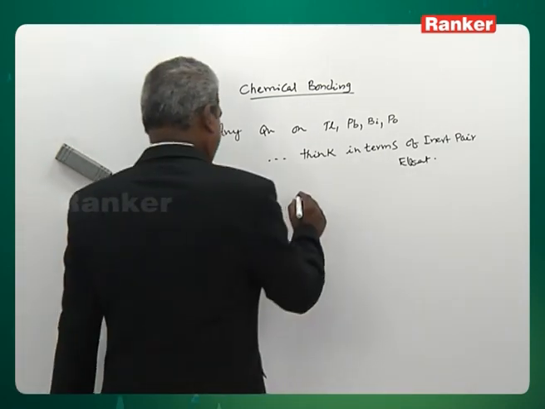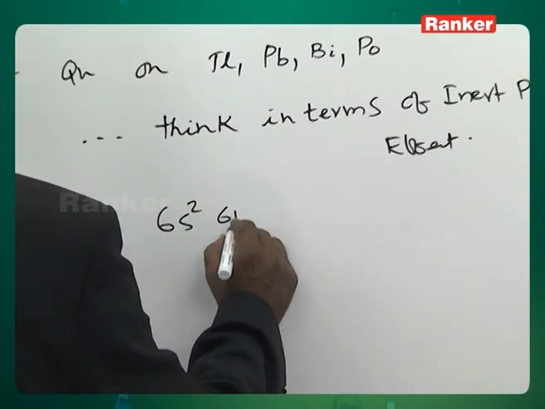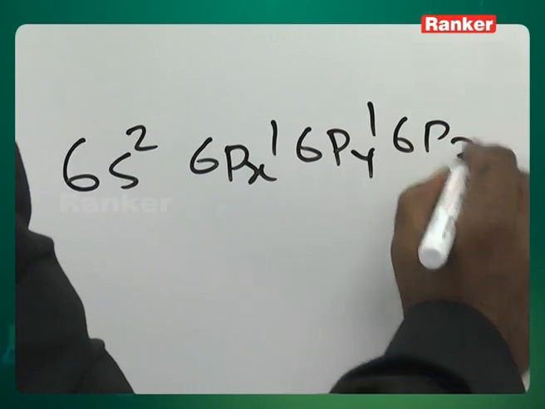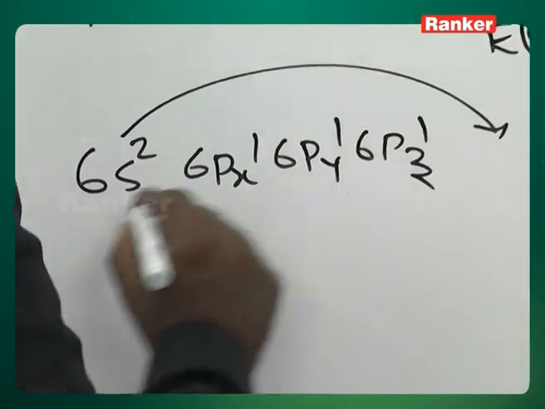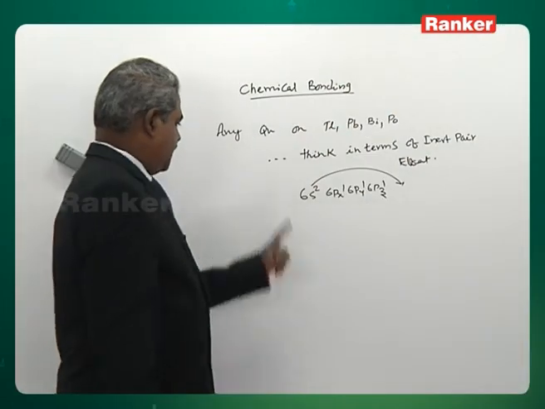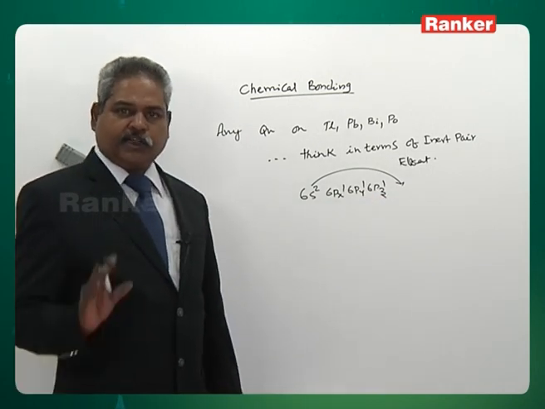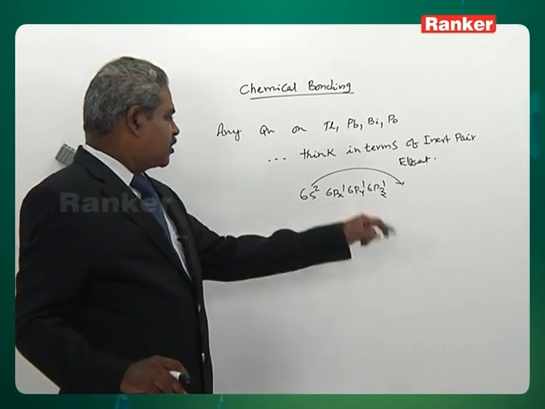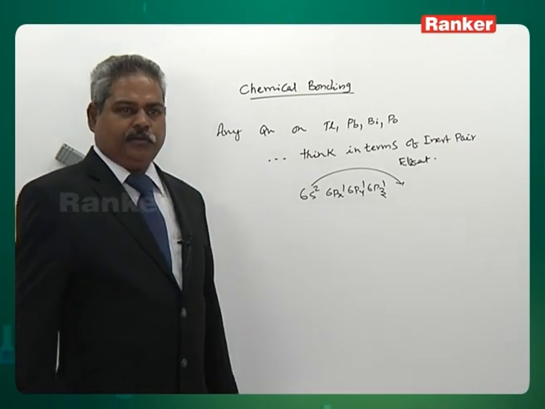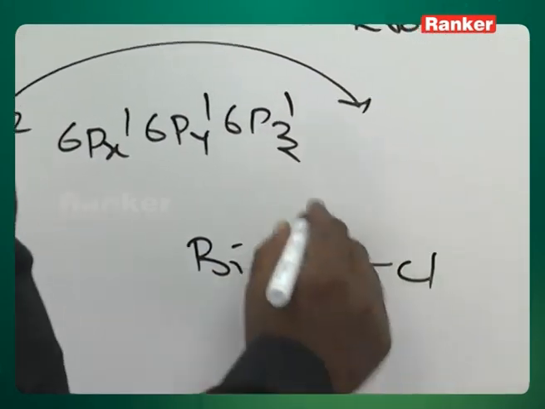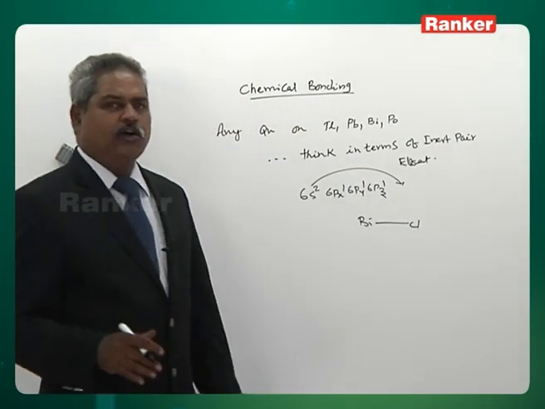Look here, for instance, 6s2, 6px1, 6py1, 6pz1. For you to promote the electron from 6s to 6d, certain energy is involved, and that is not compensated in bond formation. The Bi-Cl bond is not very strong, and not a lot of energy is